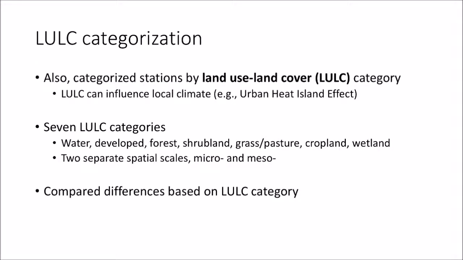And lastly, in addition to those climate variables, I also looked at another important factor on the daily temperature curve, land use land cover. So I also looked at a land use land cover categorization and classified stations based on the dominant LULC around. We all know that LULC type can have a strong influence on local climate. For example, the urban heat island effect has a very important influence on the daily temperature curve. For example, not letting things get as cold at night.